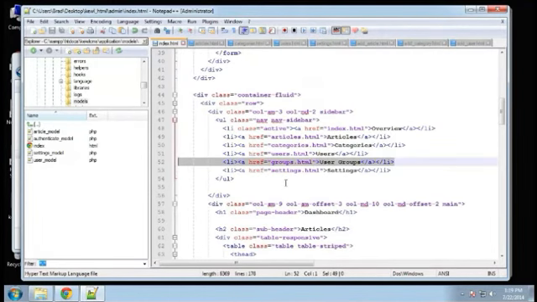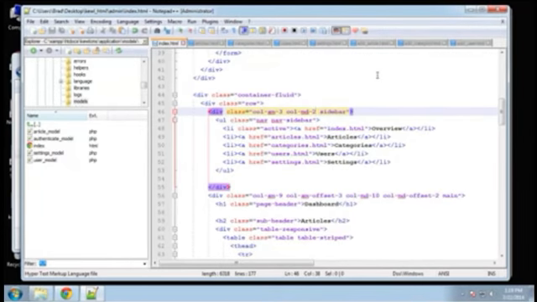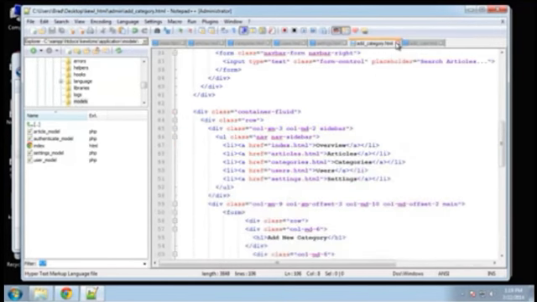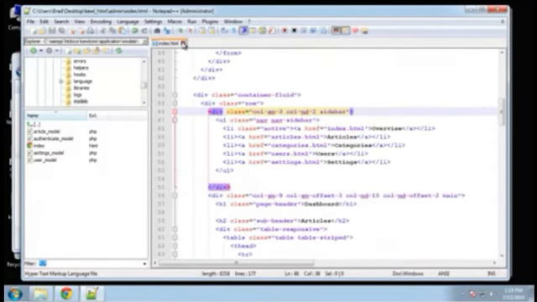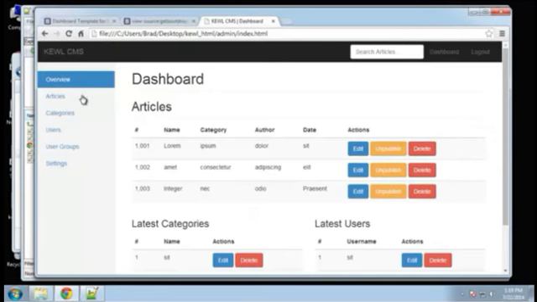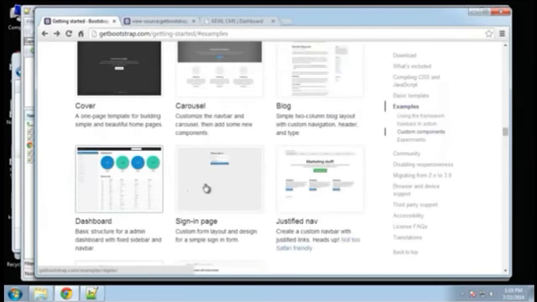I wasn't even going to do user groups, but I figured it's usually a big part of content management systems to have different groups, so I figured I'd implement at least a little bit of it. Alright, so that actually should be it for our admin template. Okay, now we just need the login template, which we can get from Bootstrap. If we go to sign in page,